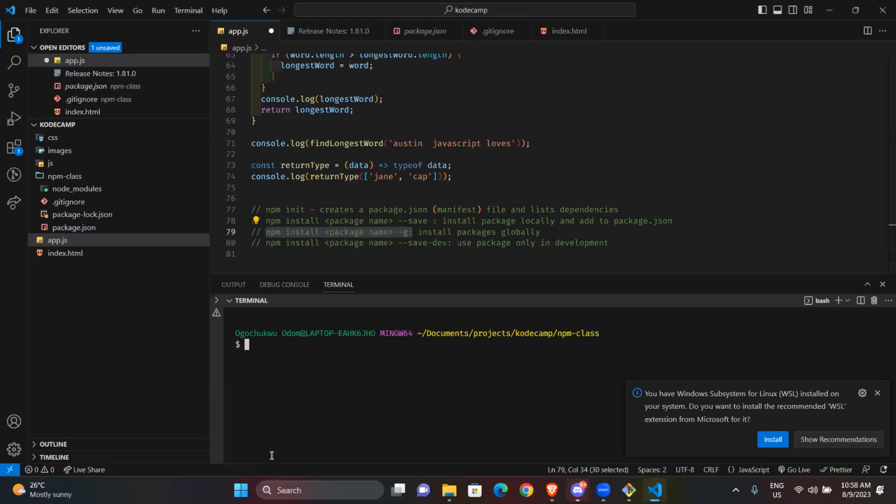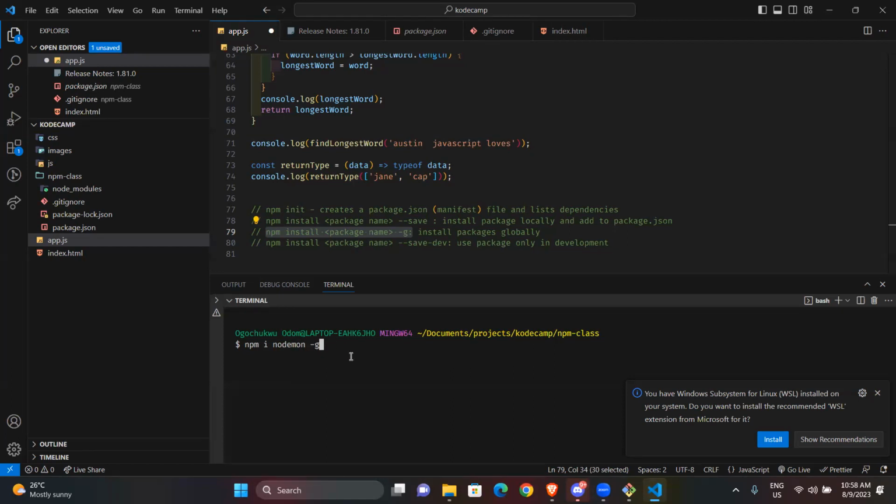If I do npm i nodemon -g, you're saying install this package, this is the package name, globally.